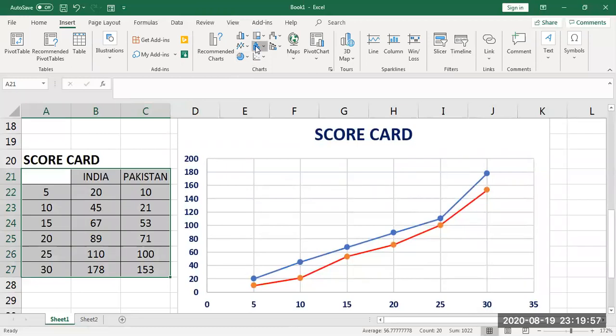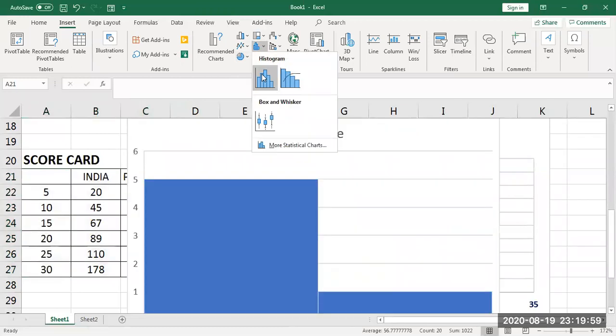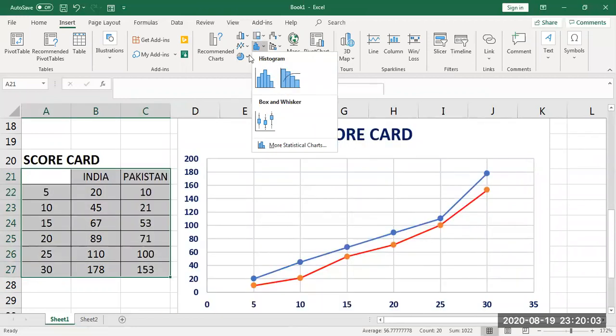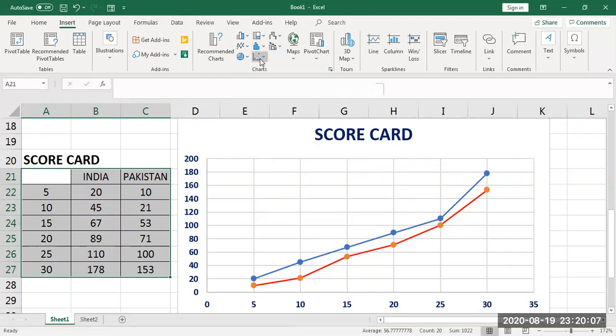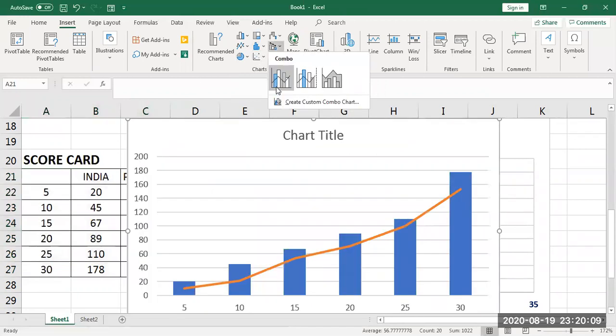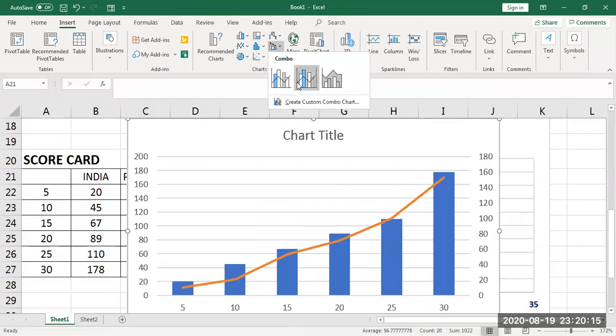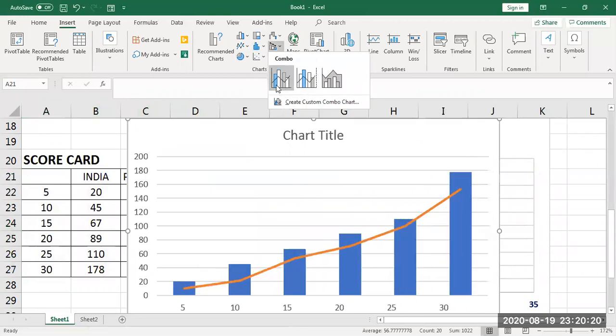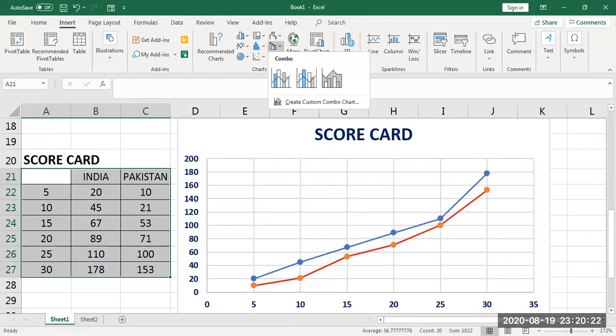Or you can go for a histogram chart, to see how the growth rate is. Just select it, and whichever chart you want, to see how the ratio increased, that can be a clustered column or line chart. It will tell you how the values have increased. Like that you can place the chart.